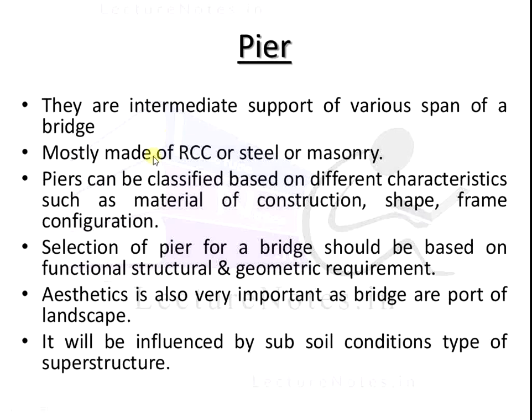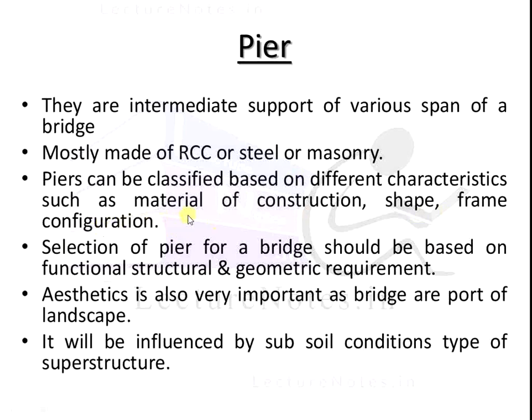And next, the pier is mostly made of RCC, steel, or masonry. We have to construct the pier or column using various materials, that is RCC, steel, or masonry. Piers can be classified based on different characteristics such as material of construction, shape, and frame configuration. The first characteristic is the material of construction. It is totally dependent on the material availability at the location or site. Next, shape and size of the column, and last one is the